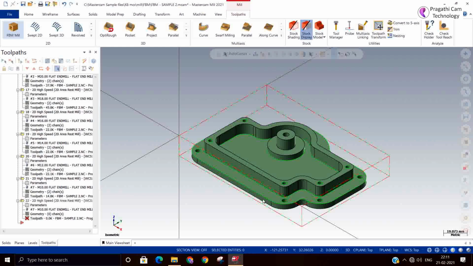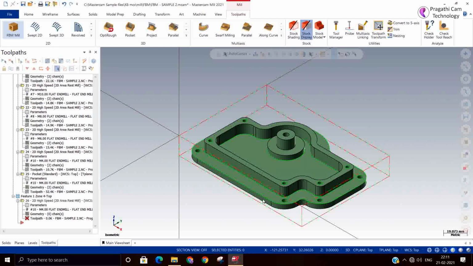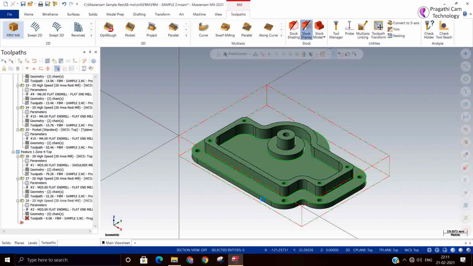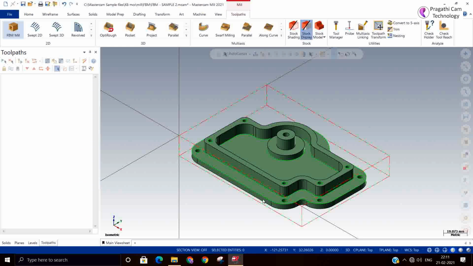Okay, it's generating now. But the toolpath works very fine. You can utilize this toolpath for machining. But the disadvantage is it uses more tools and more operations. That is the disadvantage.